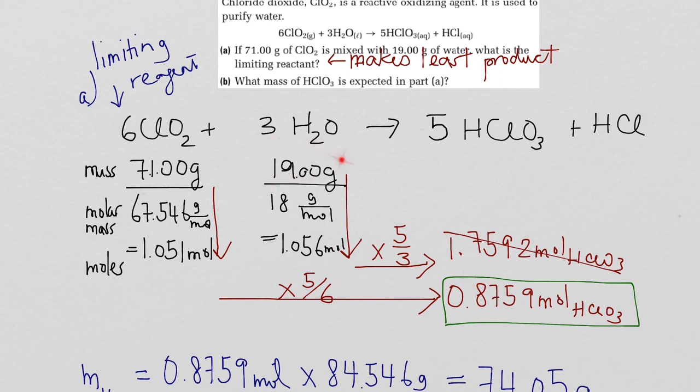So mass is not an indicator of which one is the limiting reagent at all until you take into account the molar mass and the mole ratio. Because even though you have less mass here, well, each mole of water, first of all, has less mass, and you don't need as much water in this reaction. So the masses here are irrelevant. You have to really take a look at how many moles you have,